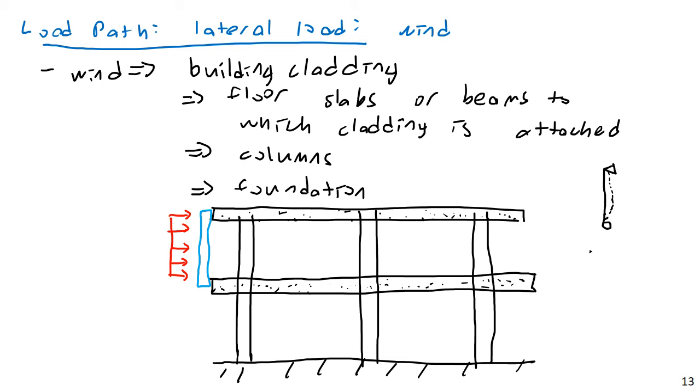What kind of load will the wind be producing on the columns? It's going to be producing two types of internal forces. What? Shear and moment. Because think about it. This load, if I look at a column,